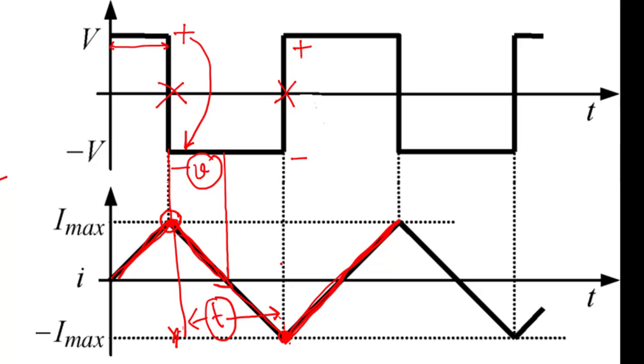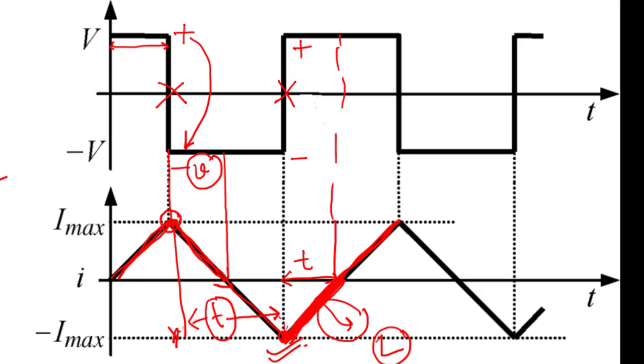right? Likewise over here, the voltage is positive in this time t, right? You can check over here, but the current is negative. It will be very important from the power electronics point of view. When we see the particular case during the DC to DC converters and rectifier, this concept will become very important, that voltage has become positive but current is still negative because of the inductor L. So that's how you need to draw the response of a current in an inductor based on the waveform of voltage.